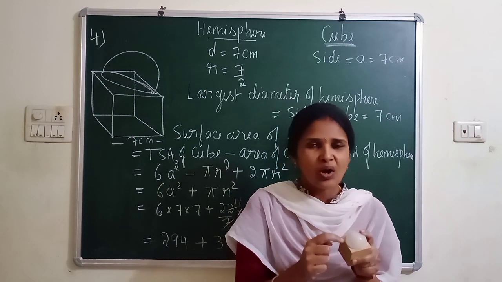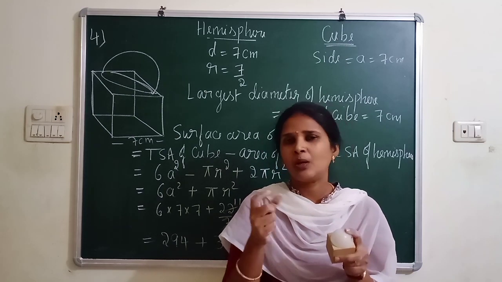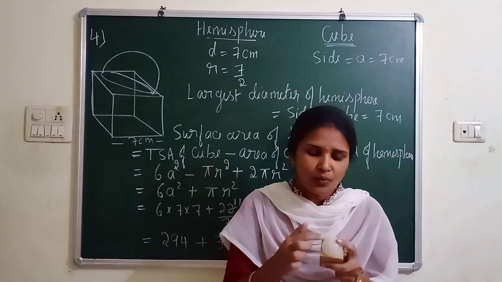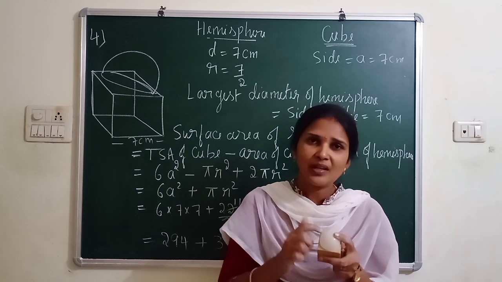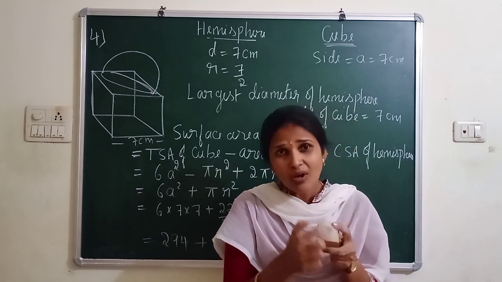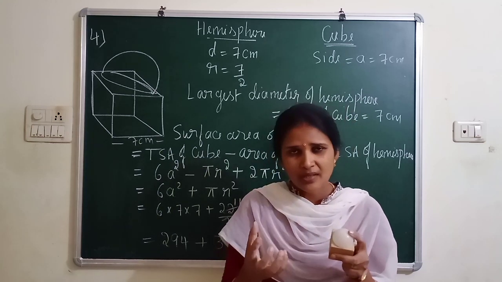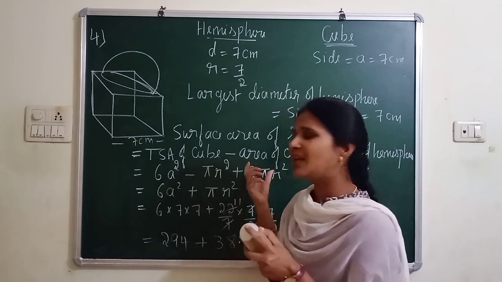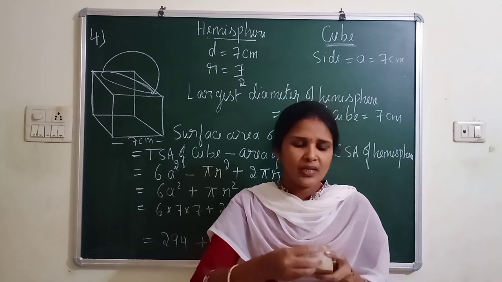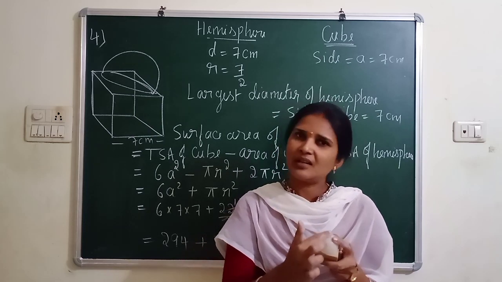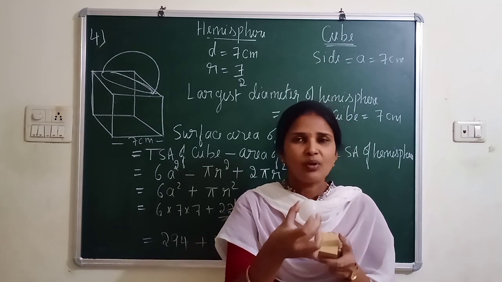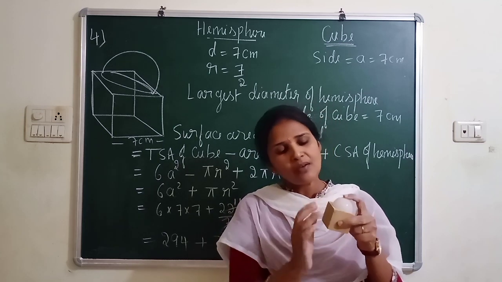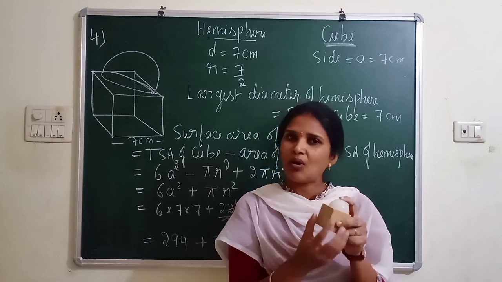But these corners are neither a rectangle, nor a square, nor a circle, not any 2D figure. How do we find the area of these corners? I should find it because I can see this corner part. Try to understand: whichever part you can see with your eyes, you have to consider as area. Now the hemispherical part I can see very clearly, so what can you add for this? The CSA of the hemisphere. And you can see the 5 faces of the cube, so you can add all 5 faces.